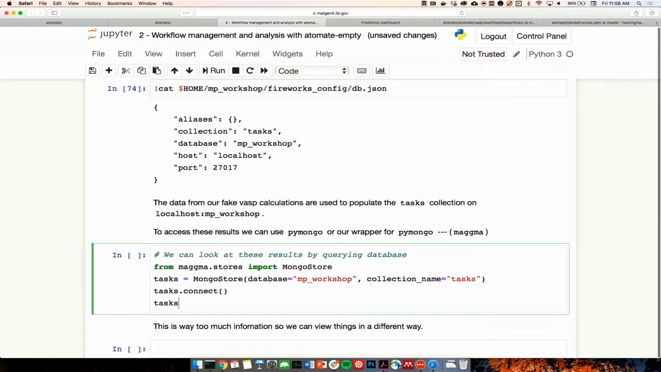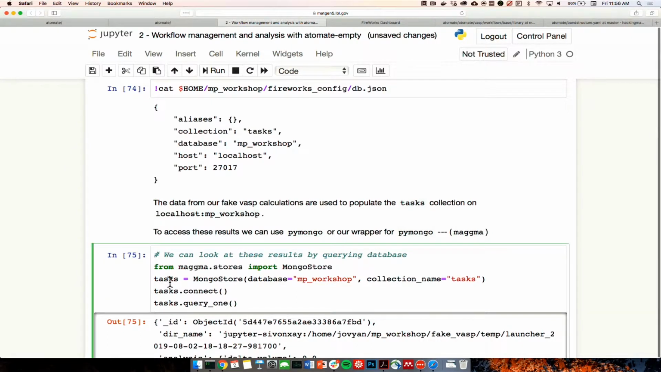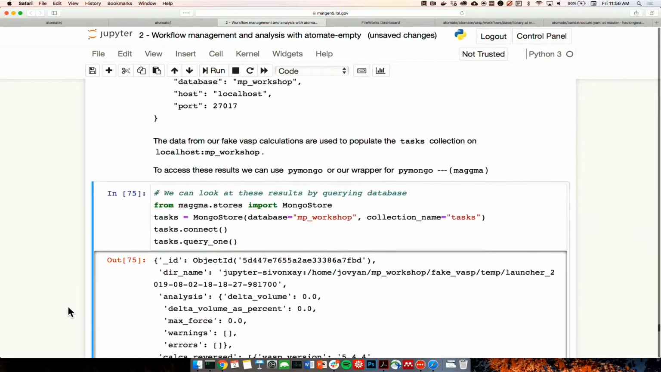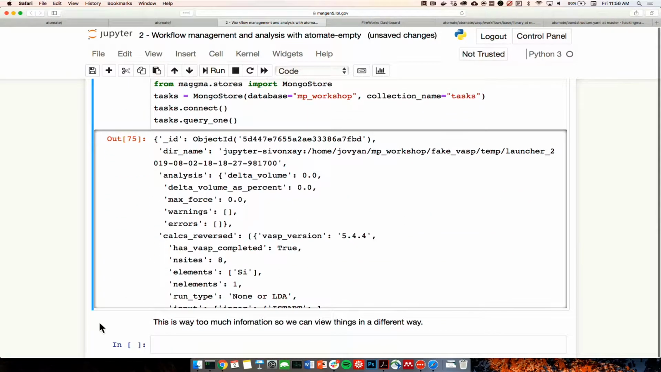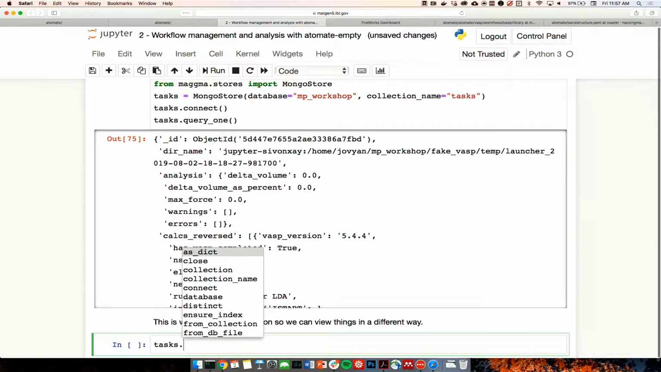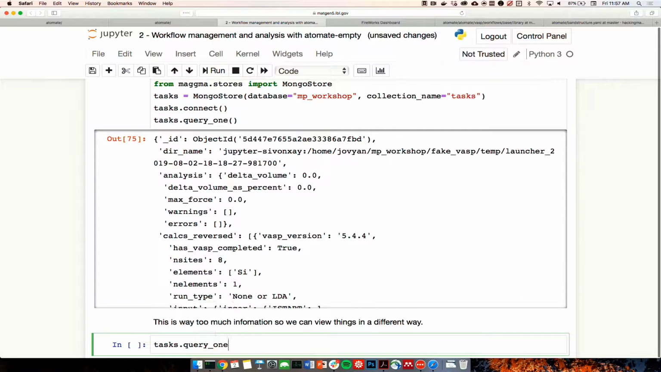And then we can quickly query one item inside of that database. All right. Okay. So of course, sometimes this might be way too much information. So one way to look at what's going on here is if we say tasks.query_one, right? So this will return one of these dictionaries, and we can just ask for the keys of